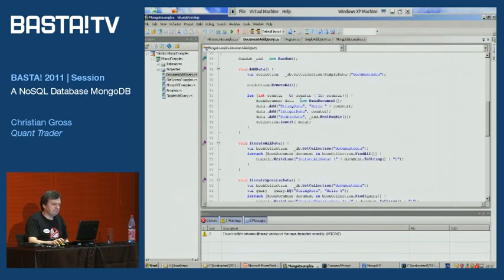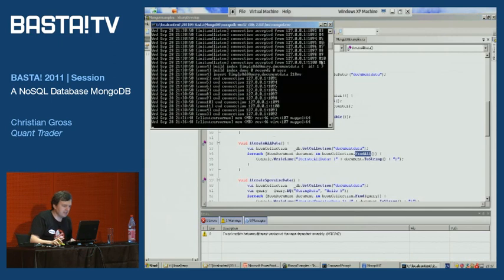So I keep going. I've added the data. Now let's say I want to iterate it. What I then do is I get the collection again, and then I say, I want to find all. Just give me everything. And I'll get a document, and then I can iterate it. And what I'm doing in this instance, I'm just going to output it.